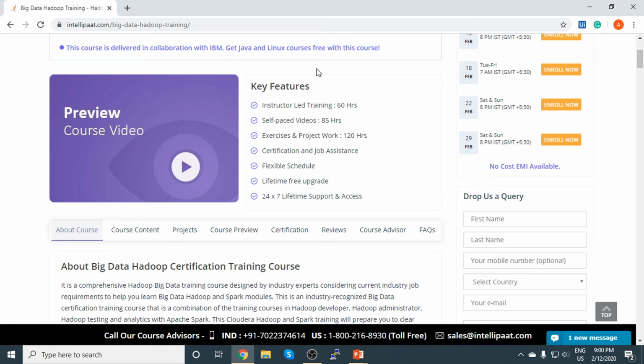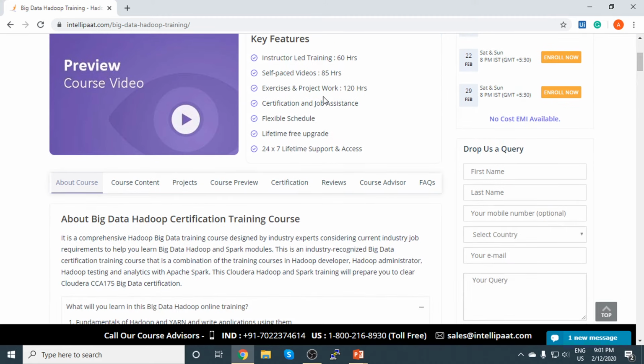Coming to the quick key features of this course, you're going to have 60 hours of instructor-led training, 85 hours of self-paced training, and 120 hours of exercises. As you can observe, our exercises and project time is twice the time of the training we provide, because at the end of the day at Intellipaat, we believe that having exercises and relevant real-time, industry-level project work when you're obtaining your certificate is extremely important, because when you go out and use the certification, this is where you bring all the weightage to your resume from. Of course, we provide the certification on course completion, and we provide very good job assistance as well. We are known in 80-plus MNCs, and I'm going to walk you through that in a second.